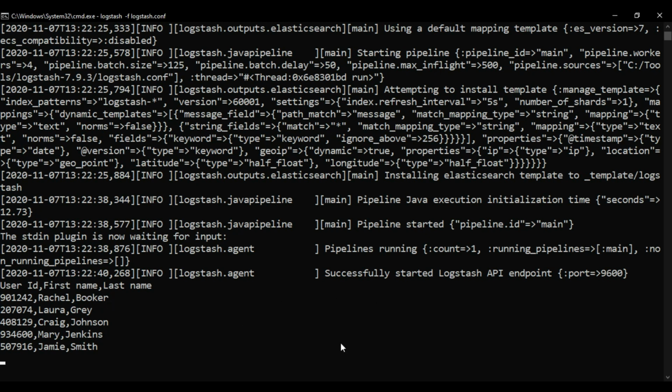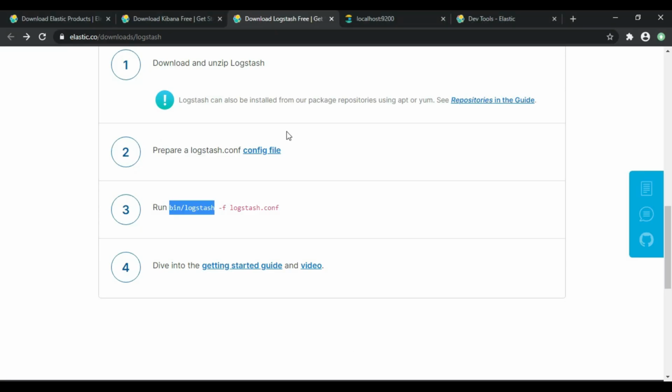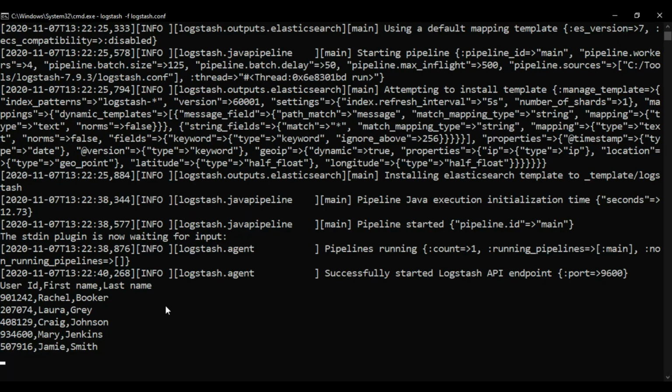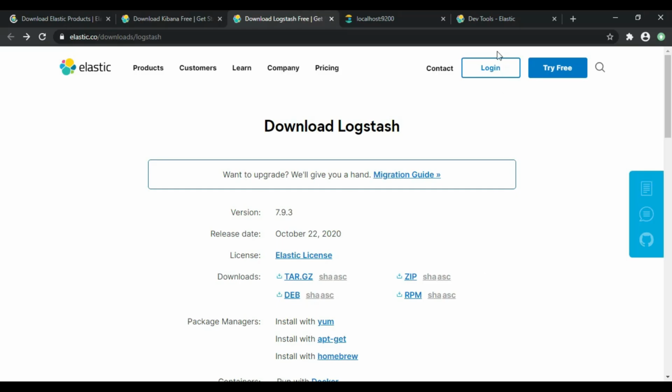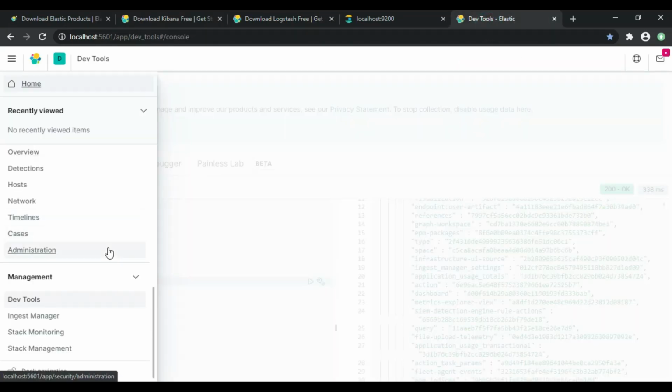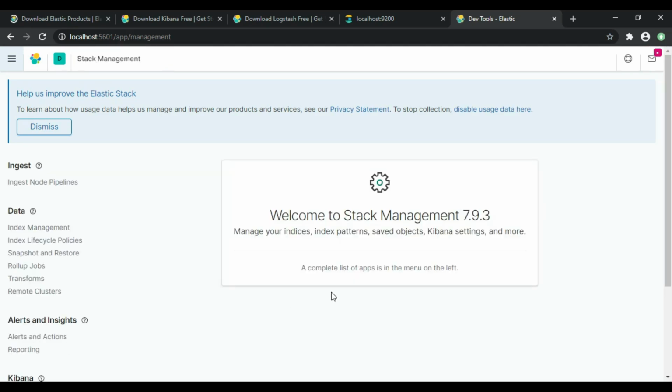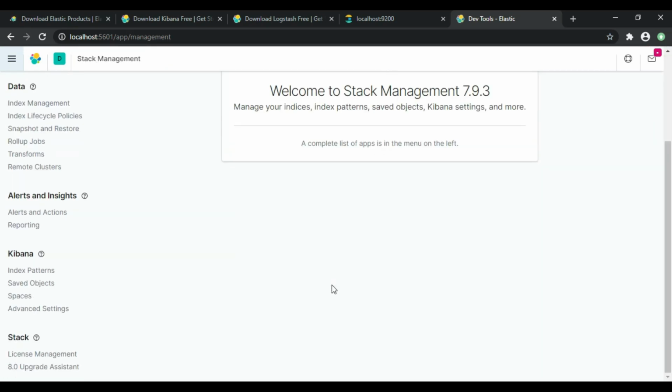Now to visualize this, let's go to Kibana. Inside Kibana 7.9.3 we get to see this menu. Inside that, you go to Stack Management, and inside Stack Management you can see Index Patterns. So go to index patterns.